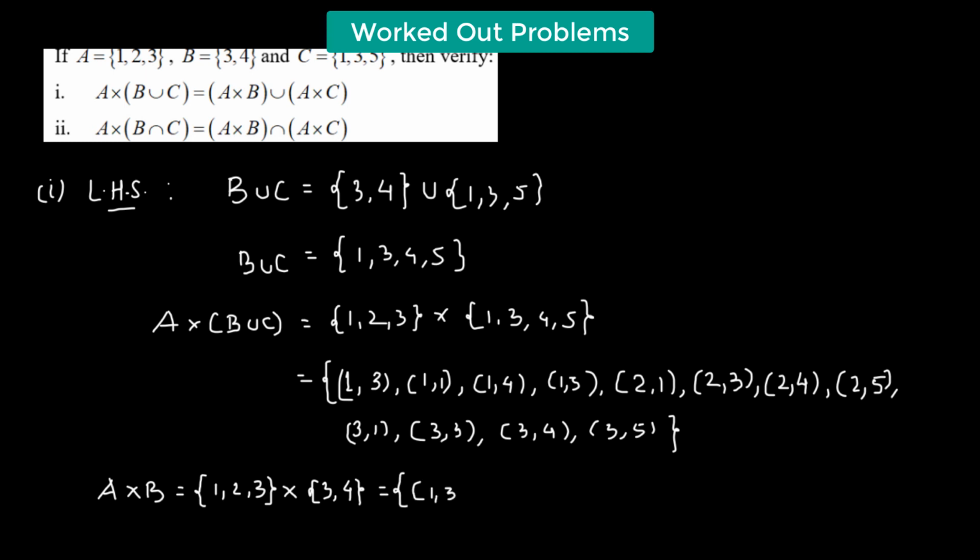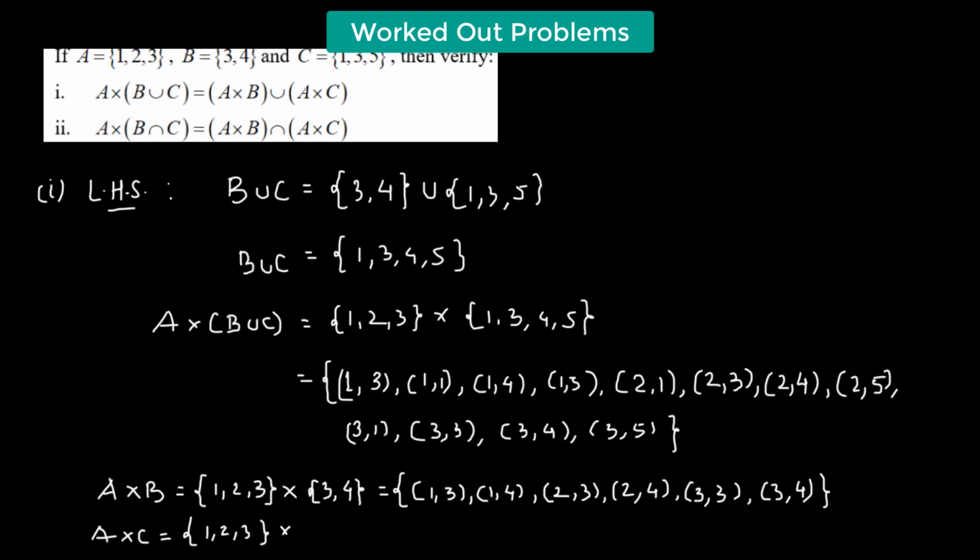So we have (1, 3), (1, 4), (2, 3), (2, 4), and (3, 3), (3, 4). Then we'll find out A cross C, which is simply the Cartesian product of the set containing the elements 1, 2, 3